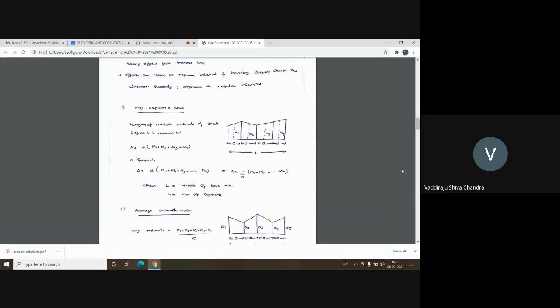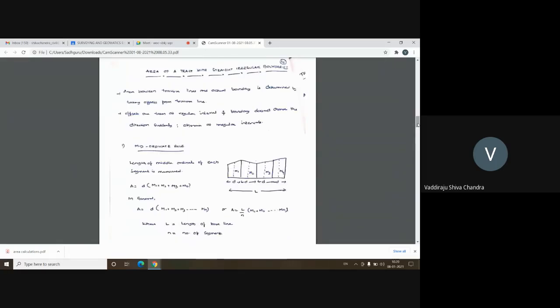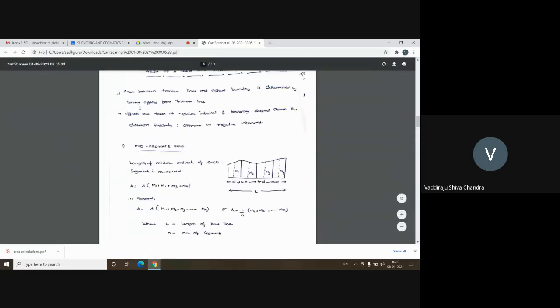Okay. So for this, what we'll be doing is taking offsets from the traverse line. So assume that this is the traverse line. The bottom line, the baseline, is the traverse line. So we are going to take, so what we'll do is generally when,